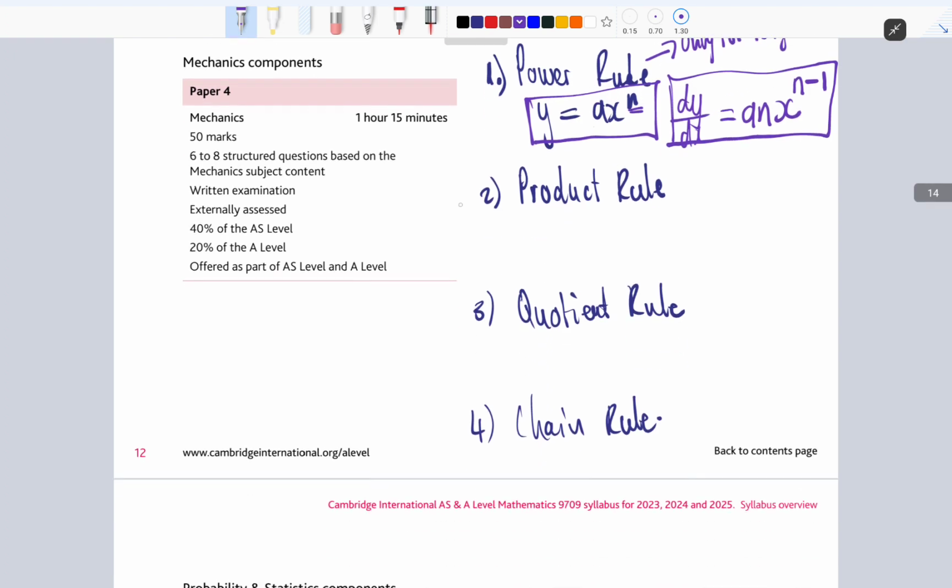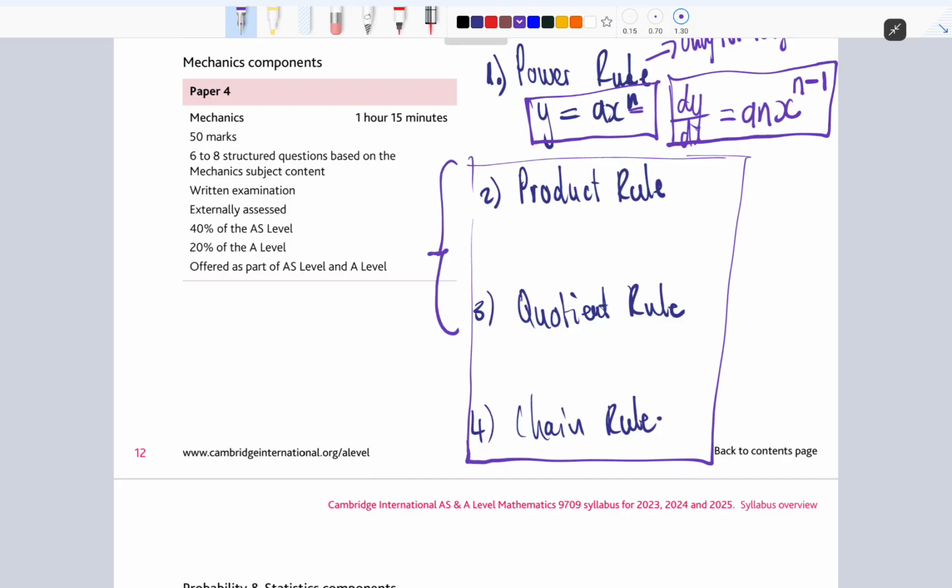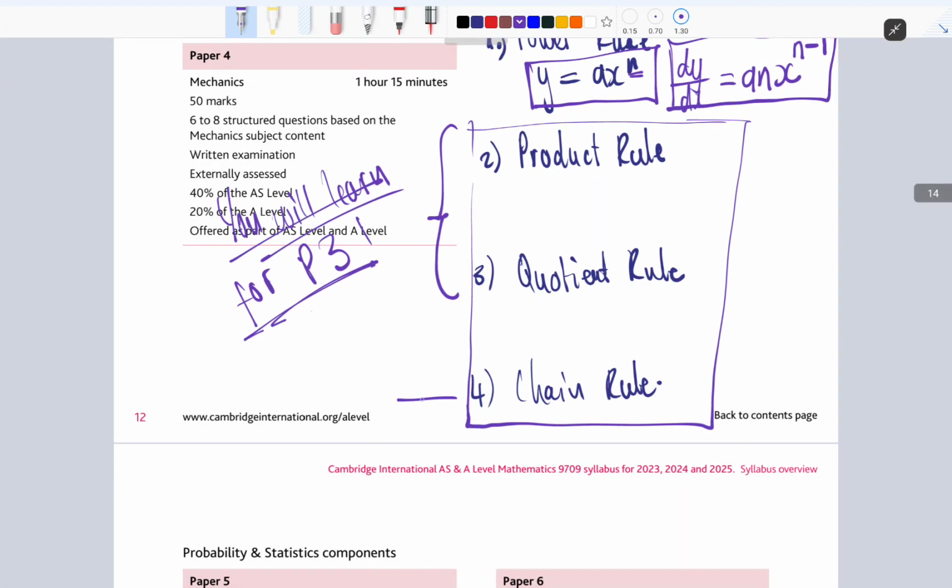So then the product rule, quotient rule, chain rule, these are now for combinations of functions. These will work for all these other guys. These 2 you will learn for P3, and when you are doing P3, that is when these 2 are done. The chain rule is introduced at AS. Introduced, I want you to understand this, introduced for P1. That means when you are preparing for P1,